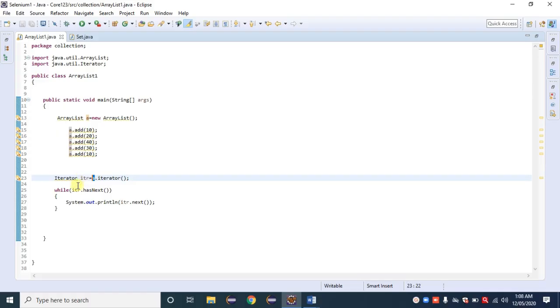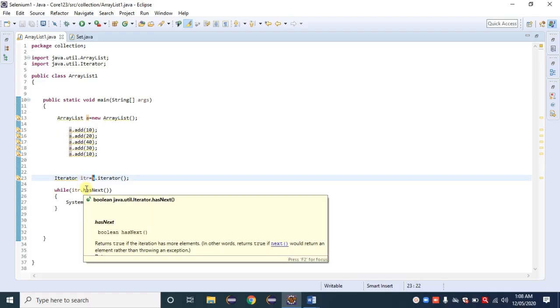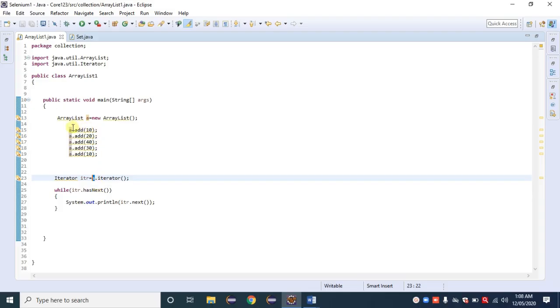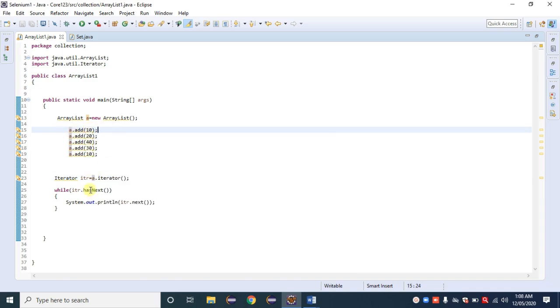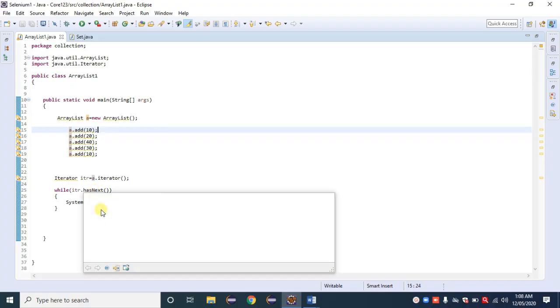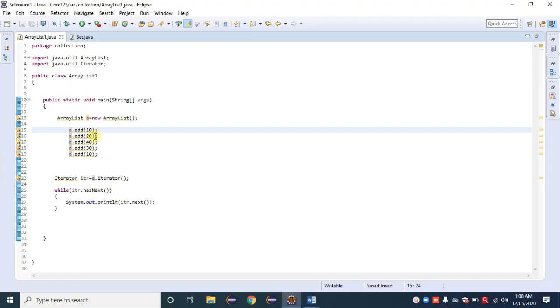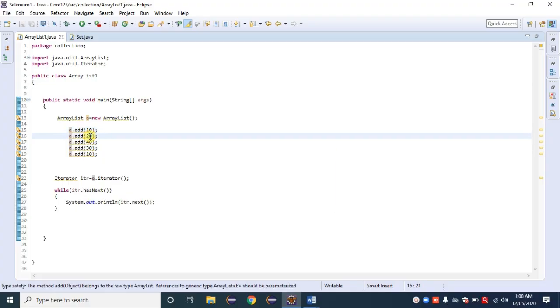And hasNext means that Java first comes here, an element is available, that is 10. Then it checks hasNext. hasNext has a return type boolean. If the next value is available, then it returns true. When it returns true, then this loop gets executed here.